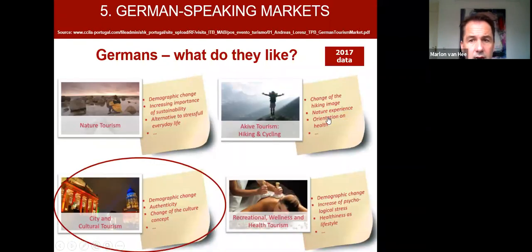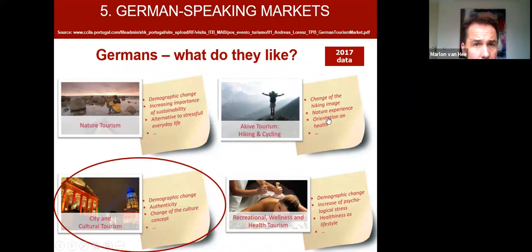So here's another slide with the likes of the Germans, and you can use this for your product development, but also ask your German business partners about the trends in the market, their customers, the things they like, changes they see. The circle that you see here is actually a circle that I put there for the companies that I